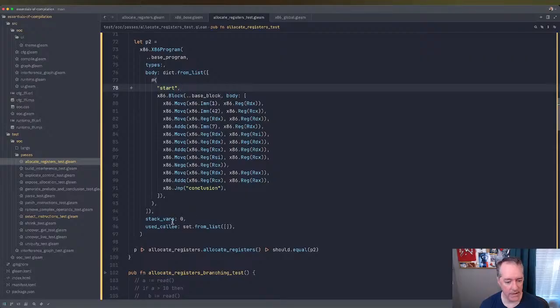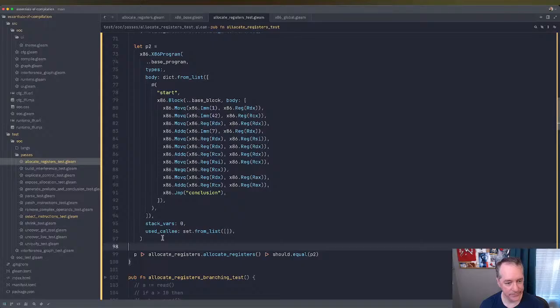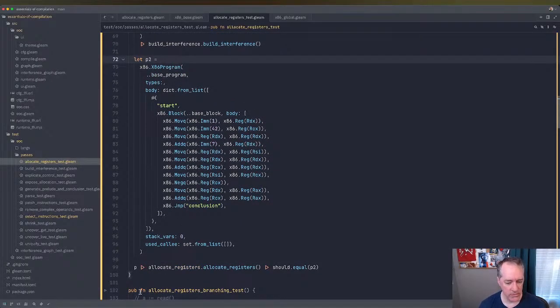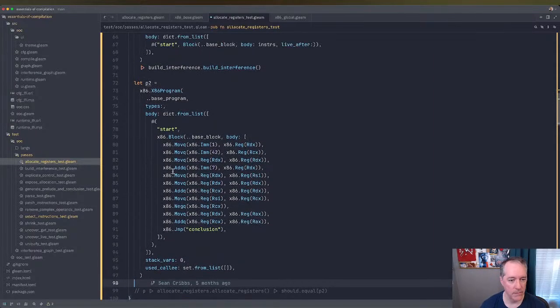And that we didn't use any callee registers, and there's no stack vars, right? So I think that what I want to do is, rather than this flat equality, we're going to say